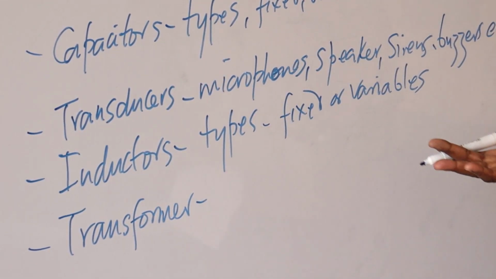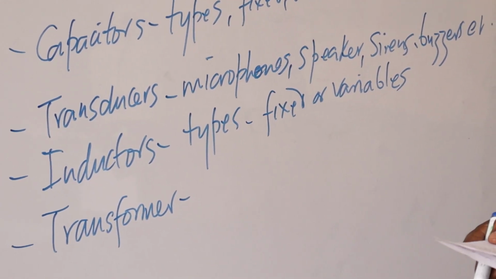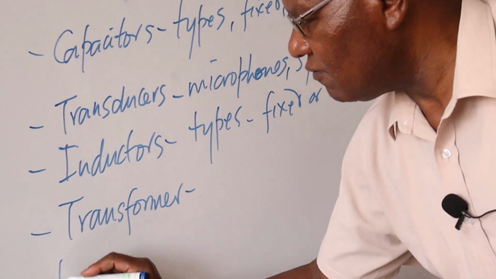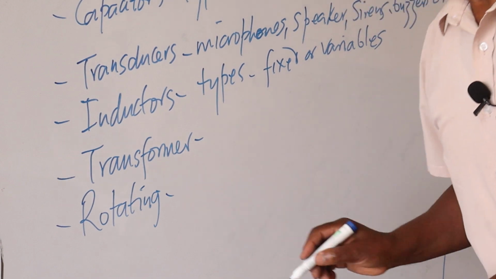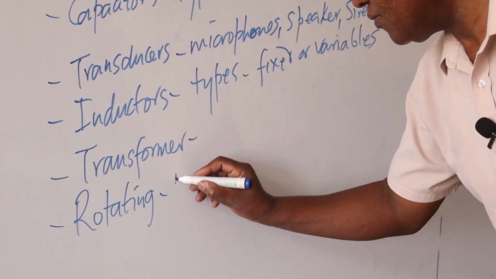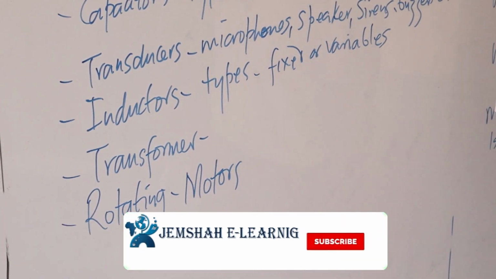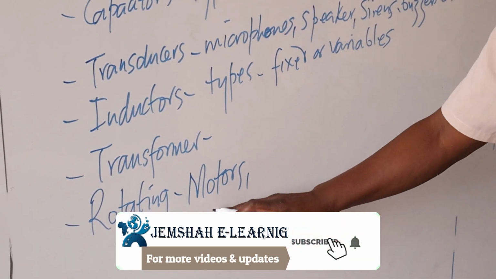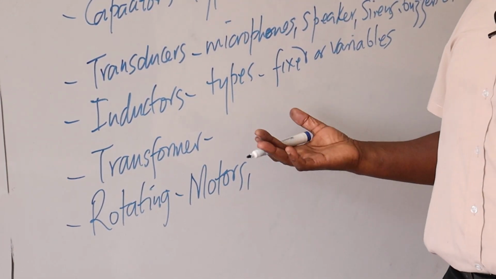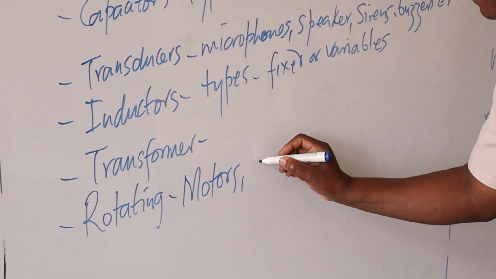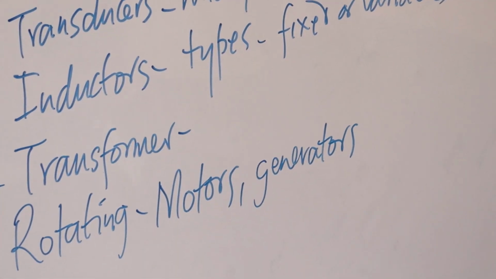We've got voltage transformers, RF transformers, current transformers, and the like. Then we have got rotating machines. Now in the rotating machines, one of the rotating machines we'll be using is motors. Remember, we'll be doing motor connection circuits, and then various types of motors, AC, DC, synchronous motors, single phase, three phase, and the like. And then here we've also got generators, which are also maybe AC or DC,